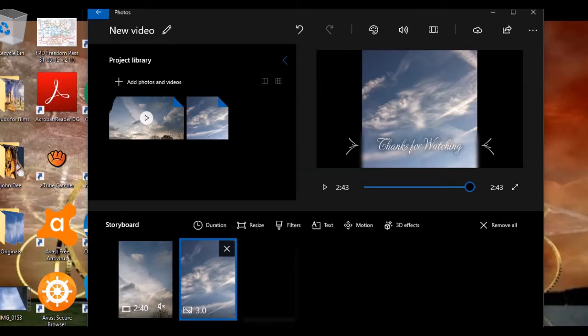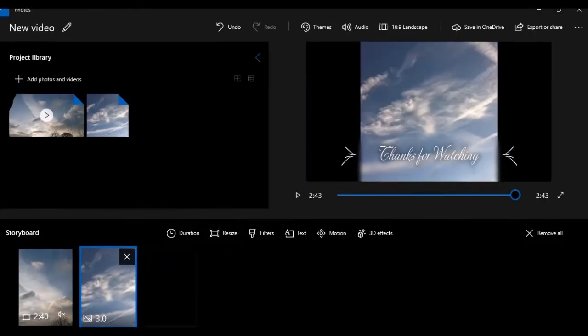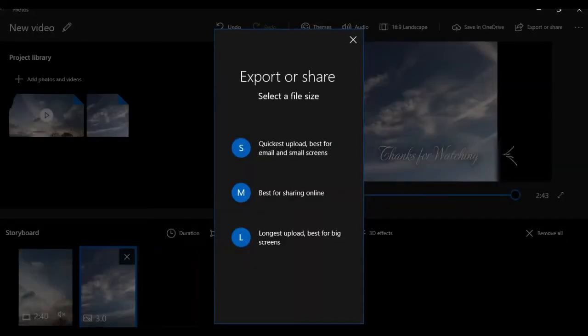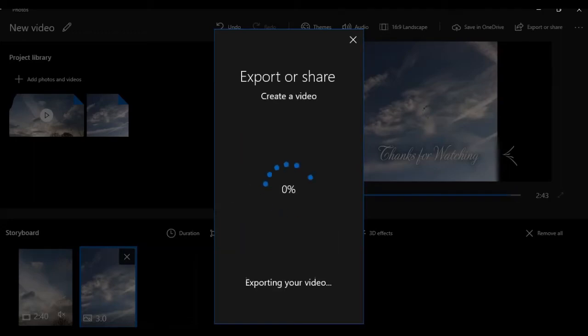So that's done. And go to this button here. Let's just make it a bit bigger so you can see what I'm doing. Export or share. So click that, and then I go to best for sharing online, and then